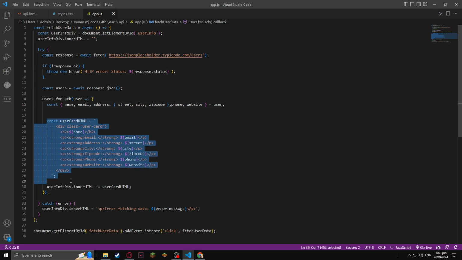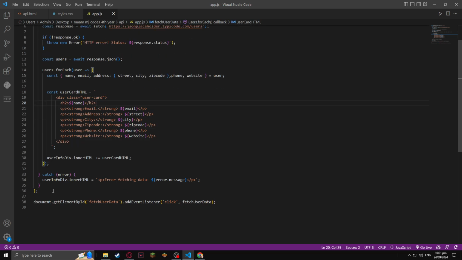So this one over here is for my HTML card. This is where the attributes in the loop will be retrieved, and they will be displayed over here, such as their name, email, street, city, zip code, phone, and website. Then this one is the catch function.